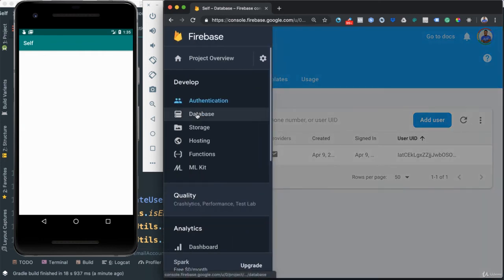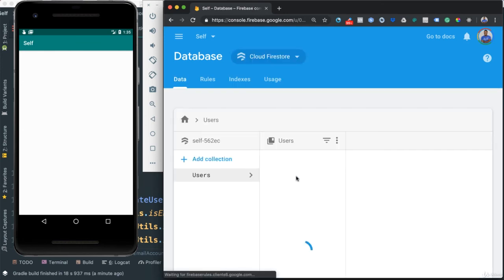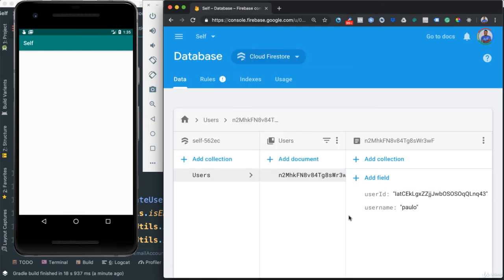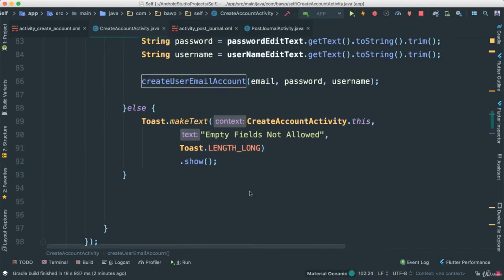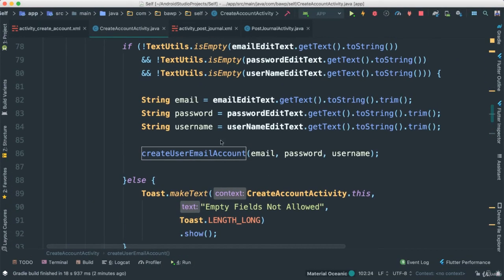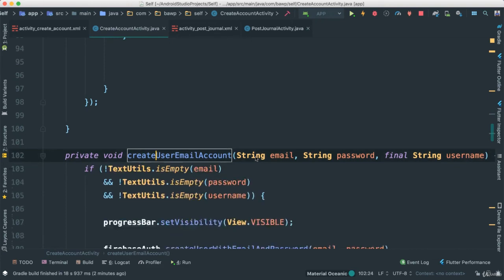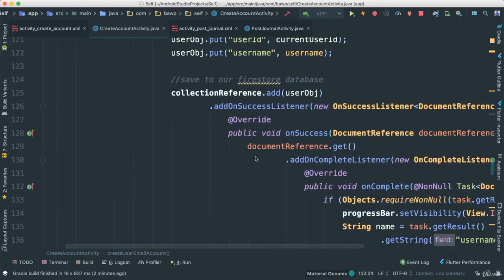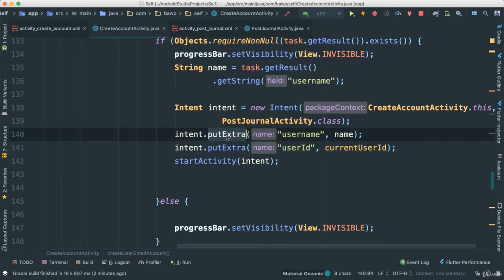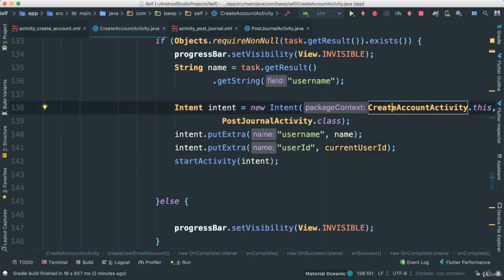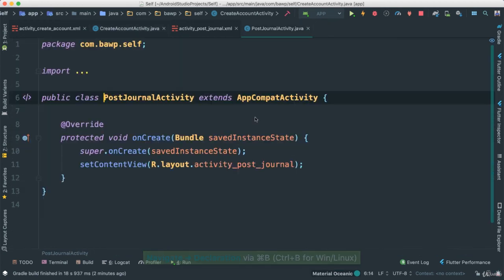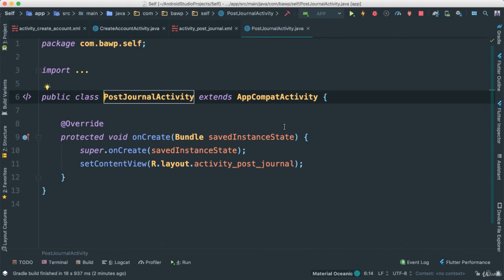We can go back to our database here, storage. You'll notice that we still have everything looking good. This is awesome. All right, so at this point here, we were able to open our post journal activity, which, if you remember correctly, we have loaded with information, right? We loaded it. Let's see, where is it? At the bottom here, there we go. We put username and user ID. We go to our post journal here. Let's go ahead and click that. We can go ahead and retrieve all that information, which is what we're going to be doing in the next